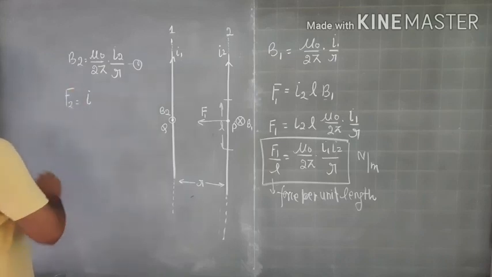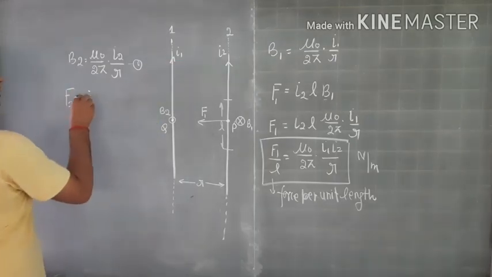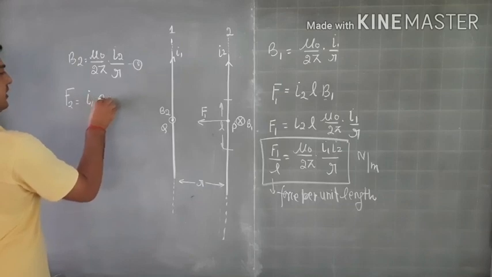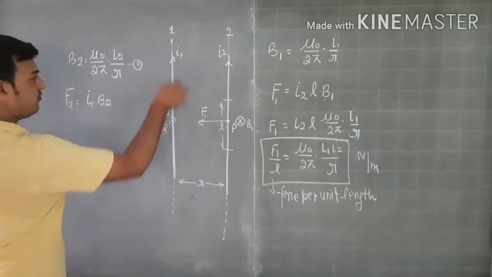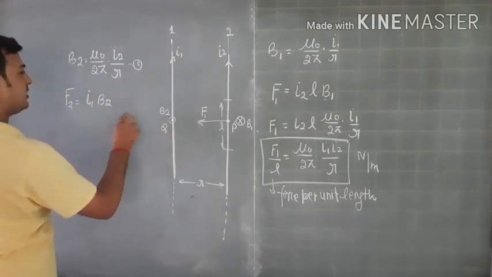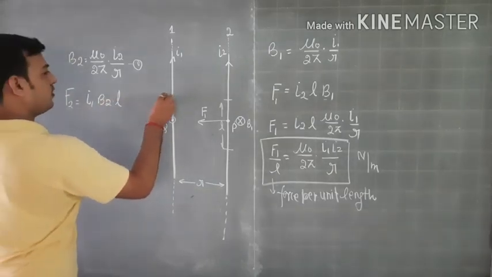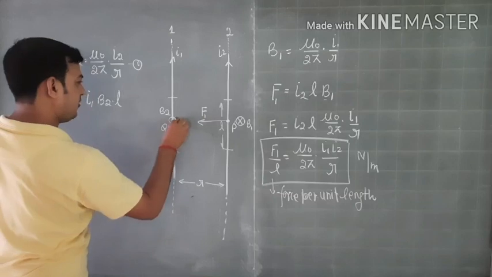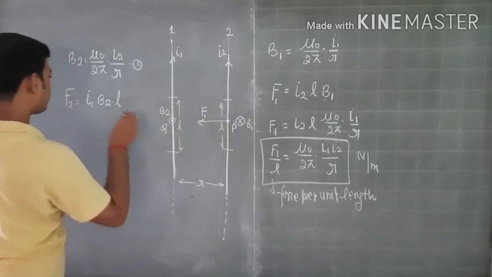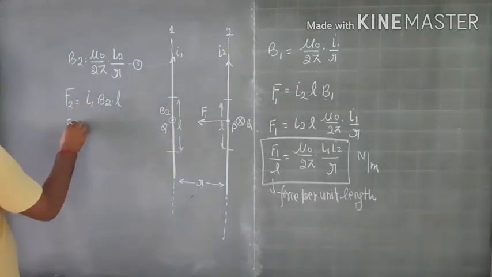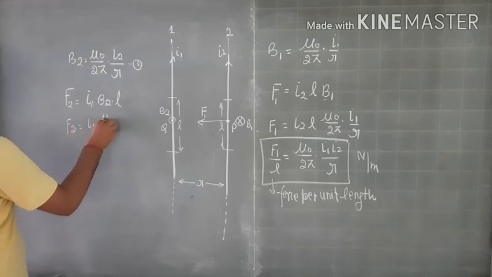So I will write I is the current on wire, B is the magnetic field in which wire is placed, so my magnetic field is B2, and L is the length of the wire, so I am again taking the same length of the wire here. Now if you put the values,